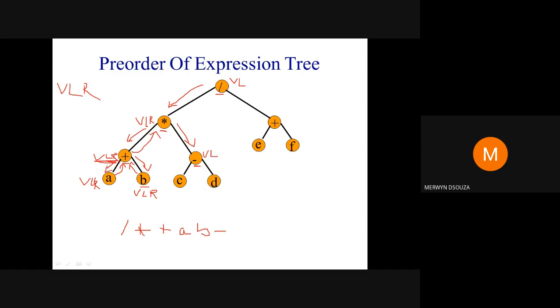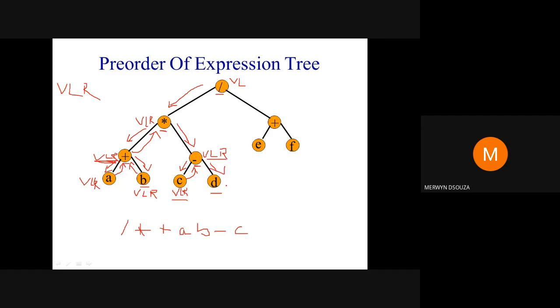Try to go left. Can you go left? Yes, you can go left. Again, new node. So visit. Try to go left. Can't go left. Try to go right. Can't go right. All steps are done. Go back up here. Any steps remaining here? Yes, right is remaining. So write it down. Go right.